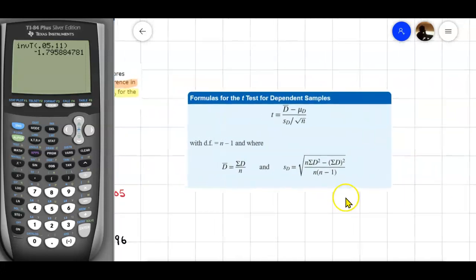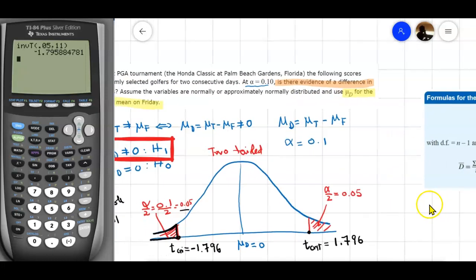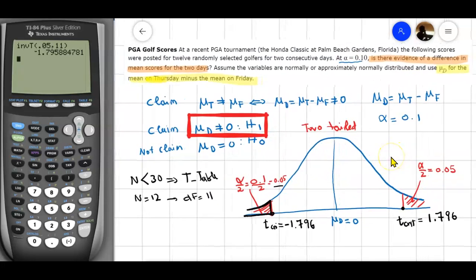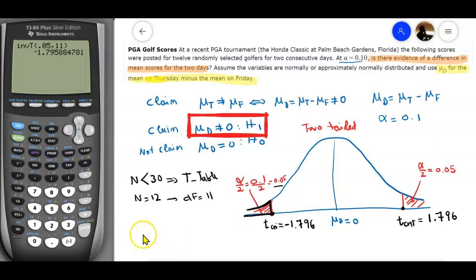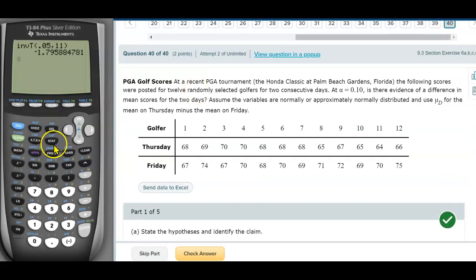Let me remind you, this is your formula from your book, and this is section 9.3, right? Now we are using the TI-84, which is gonna make our job way easier. All right, and the way to do it is I need to go to the table and fill up all the data in the table. So let's switch to this one, go to the table, and what I'm going to do, I'm going to start with stat. I'm going to edit, and at first I'm going to enter